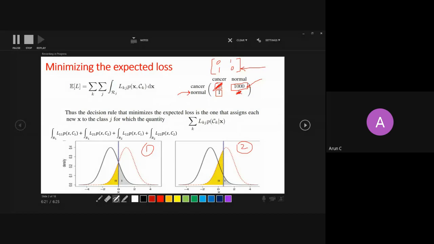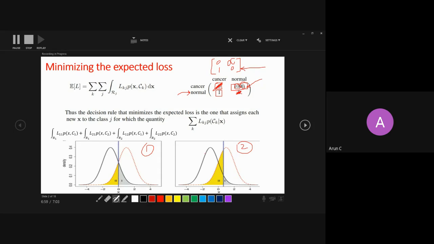I am penalizing both cases equally. So what do you think? One. Right, one is the case. And if I want to accept no error in the case of cancer being called normal, I am just putting the cost as infinity. So where will my decision boundary shift? Can anybody have a guess? If this is my cost matrix or penalty matrix, what do you think?